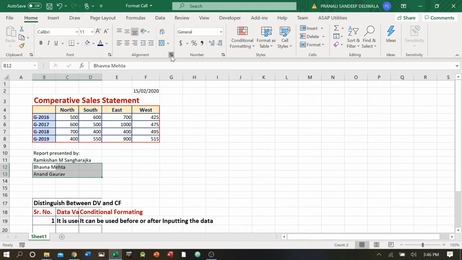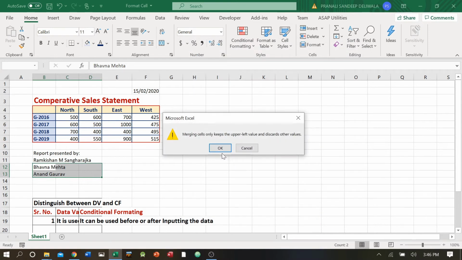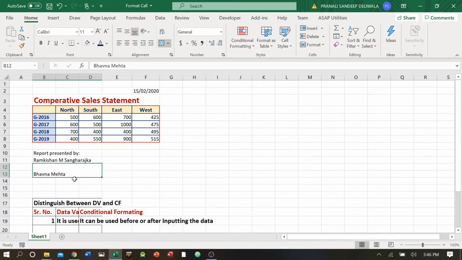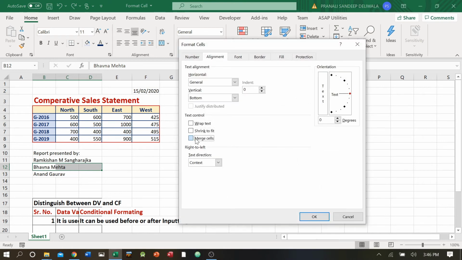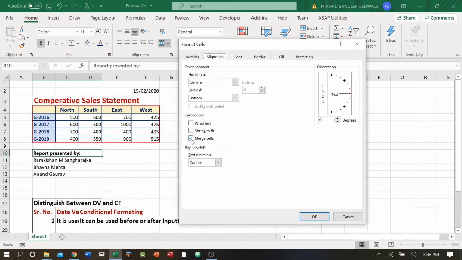You cannot do it like this because in that case it is trying to merge 6 cells, and what it will do is the second text will be lost. So it is better to do one each. I'll select this again and go here. I'll say merge cells, I'll say okay. You can do it from here also. You can say merge and center, and then you need to make it left again. That is what is done. You select this and say bold. So that is what wrap text and merge cells are.